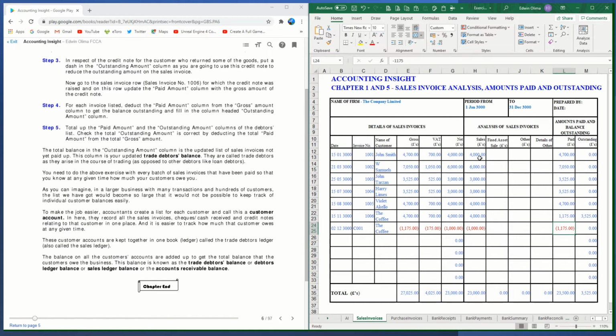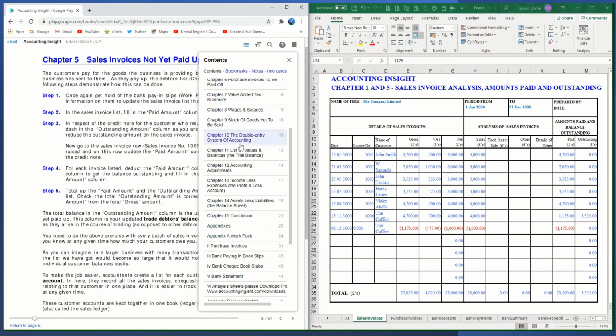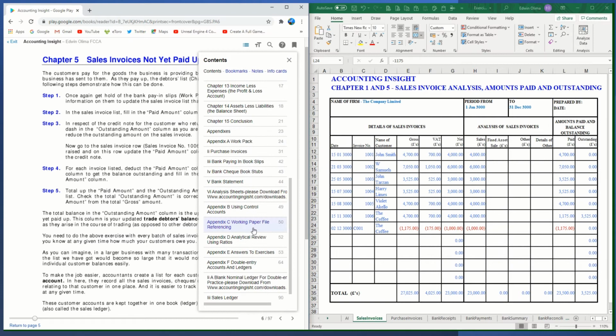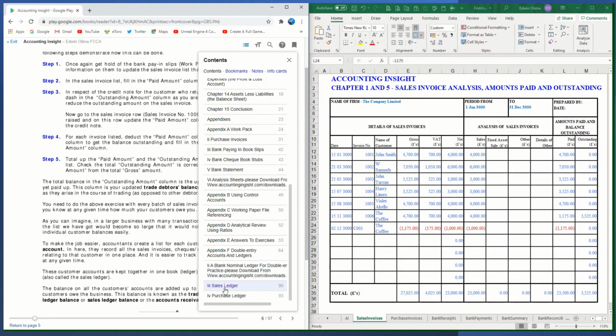In other countries, especially in America, it's called accounts receivable balance or accounts receivable ledger. So I'm just going to show you what it would look like if we're using that method for accounting, and I'll go to our appendices here. We've got a few things in our appendices that show a bit more technical things about accounting, but all stemming from this simple example that we're working with in accounting. So here is the sales ledger,